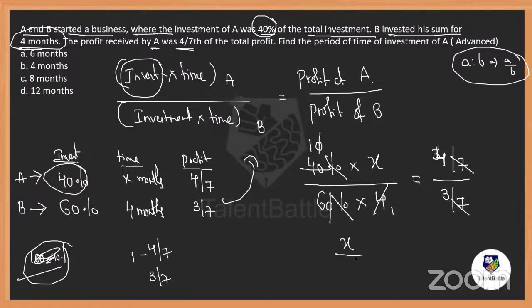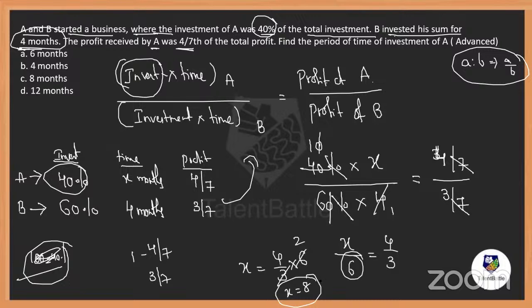So what is left over here? X by 6 is equal to 4 by 3. So value of X will be equal to 4 by 3. This 6 will go that side, will become into 6. Okay, so 1s and 2s. So what is the answer? X is equals to